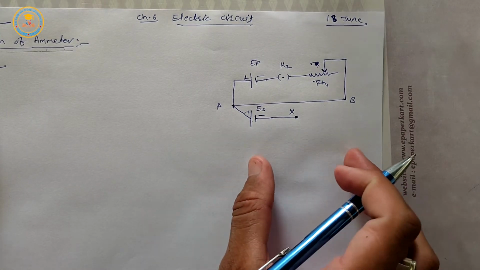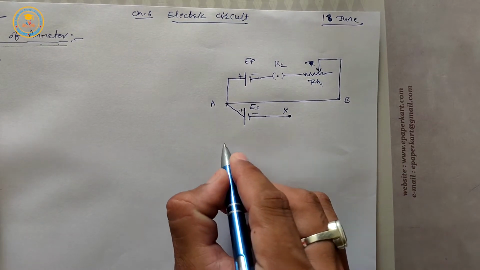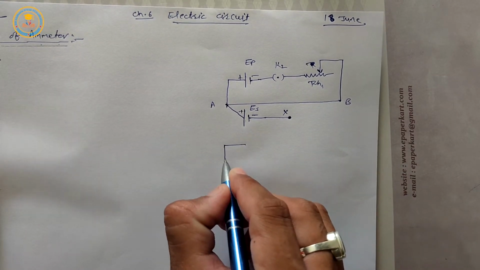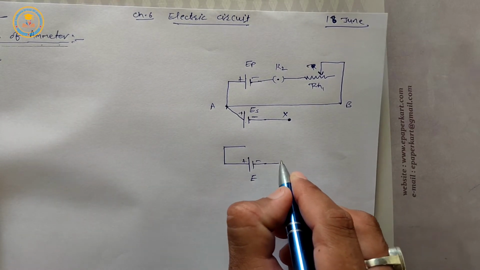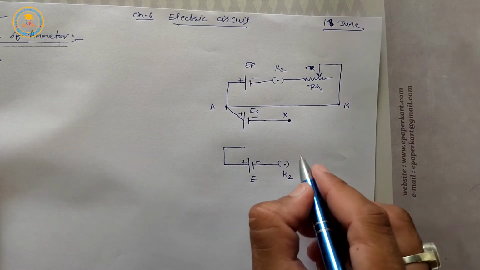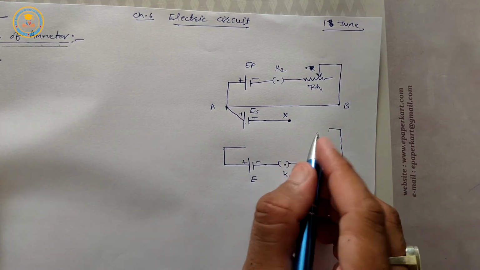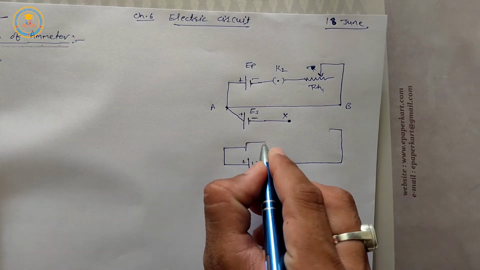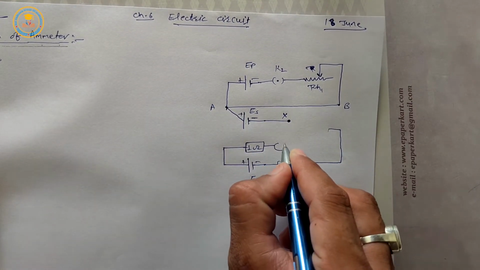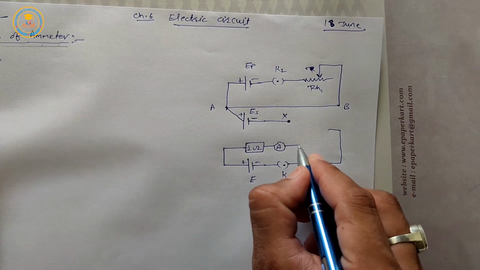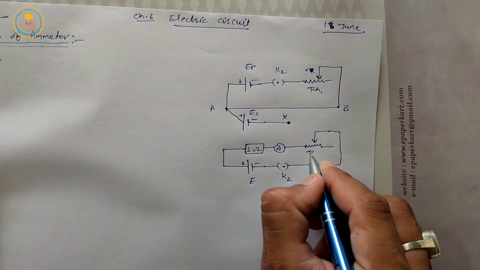Now in the secondary circuit we have another circuit of a cell E. This is cell E, this positive, this negative, and a key K2, this is K2, and a rheostat RH2, and one standard resistance equal to 1 ohm, and an ammeter. This ammeter and this rheostat are connected in series order, this rheostat RH2,